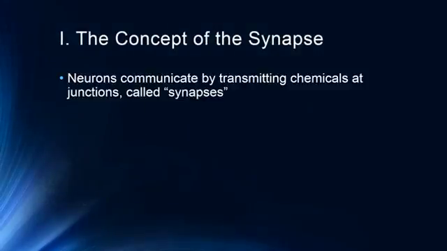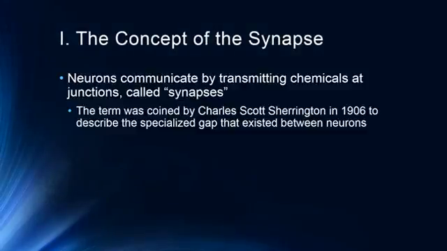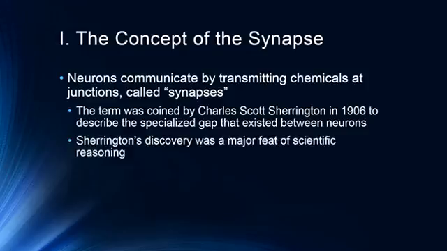So the concept of the synapse was first discovered by Charles Scott Sherrington in 1906 to describe the specialized gap that existed between neurons. So neurons communicate by transmitting chemicals at junctions called synapses, and synapse is just Latin for gap. Sherrington's discovery was a major feat of scientific reasoning because he basically deduced the existence of the synapse through his data. He wasn't able to actually observe the synapse, but he was able to deduce that it existed